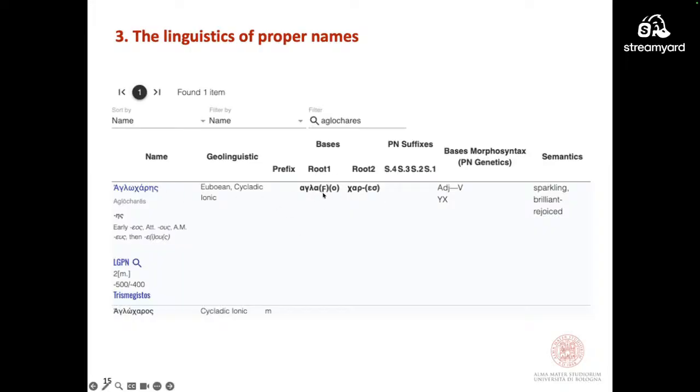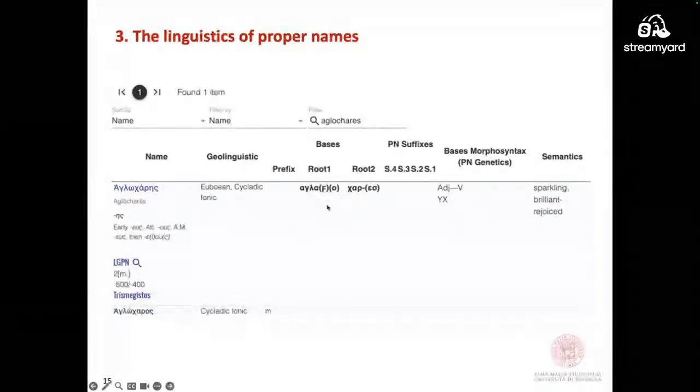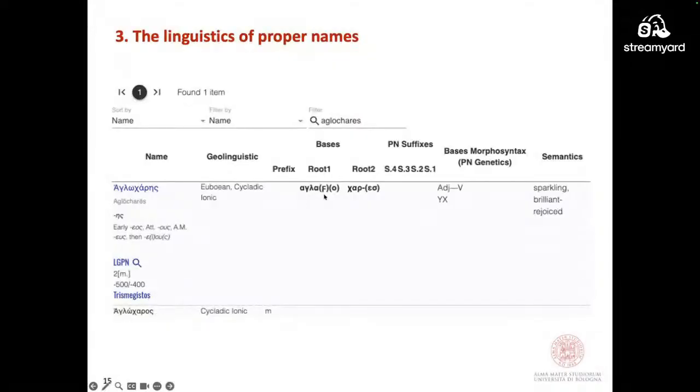And as you can see, we have here also a linguistic analysis. So we have a compound name with two bases, the first one aglaua, meaning here sparkling, brilliant, and the second one meaning rejoiced. Then we have the analysis from the point of view of the corresponding parts of speech.